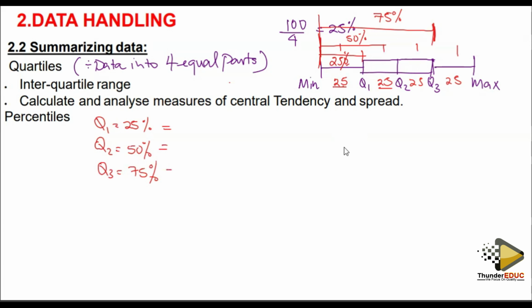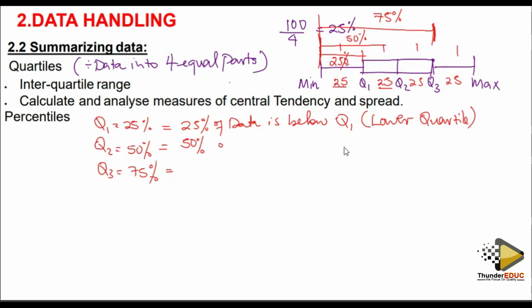In other words, we shall say 25% of the data is below the Q1. Q1 is also known as lower quartile. Whereas we look at the middle, this is 50% of the data is either above or below Q2. Q2 is the normal median that we know,